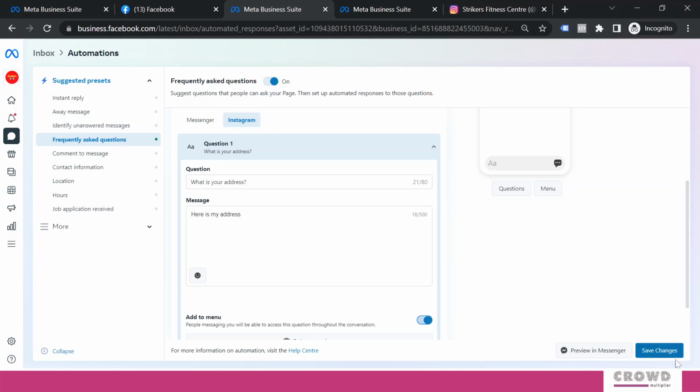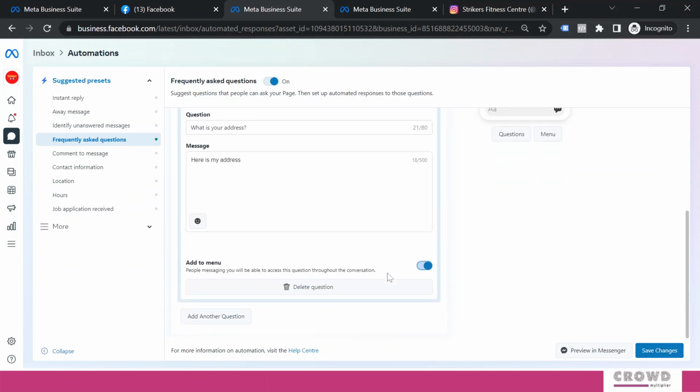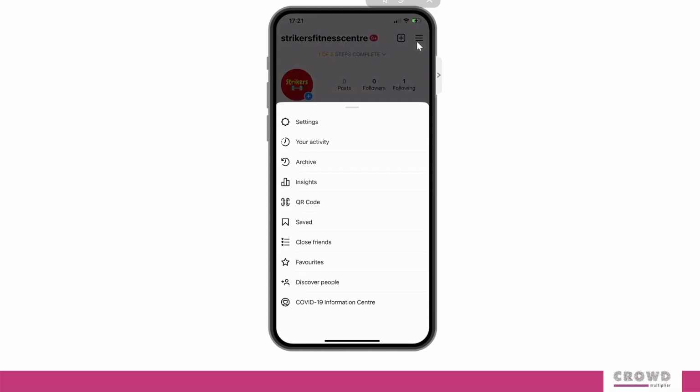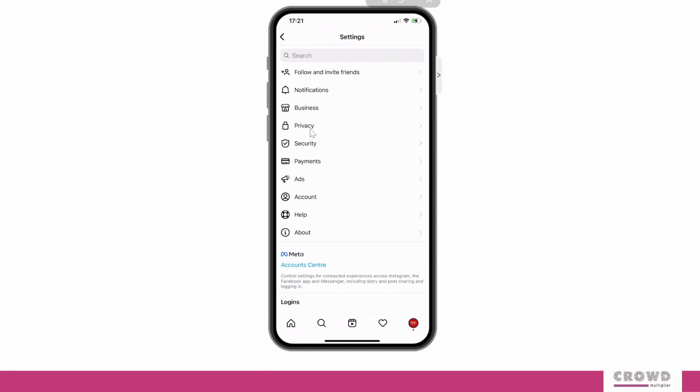Right now I'm not going to click this save because I want you to see how we can configure it from Instagram. So on your screen now you should be able to see my Instagram profile of Strikers Fitness Center. Now we'll click this top right hand side three-line menu, which is also known as the hamburger menu, and from this we'll select settings. Out of these options we'll click on business,